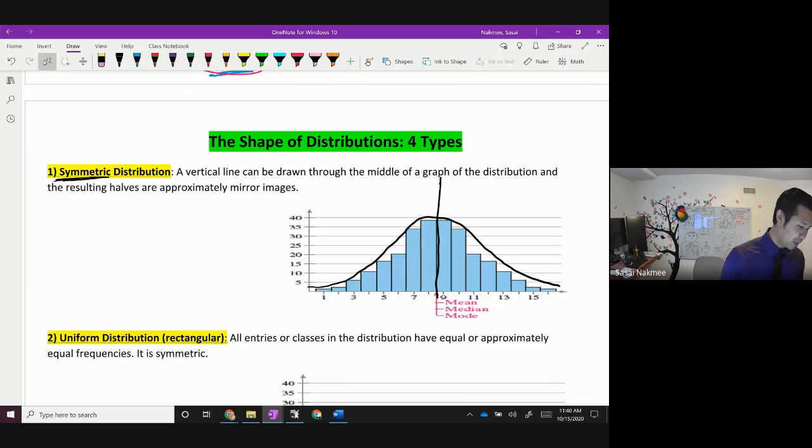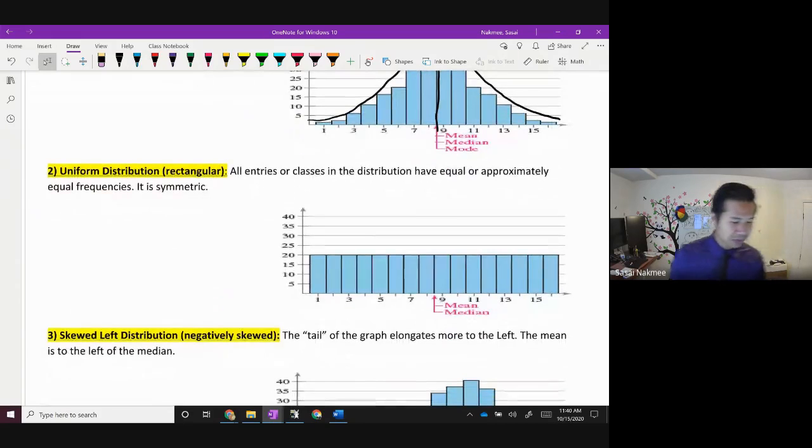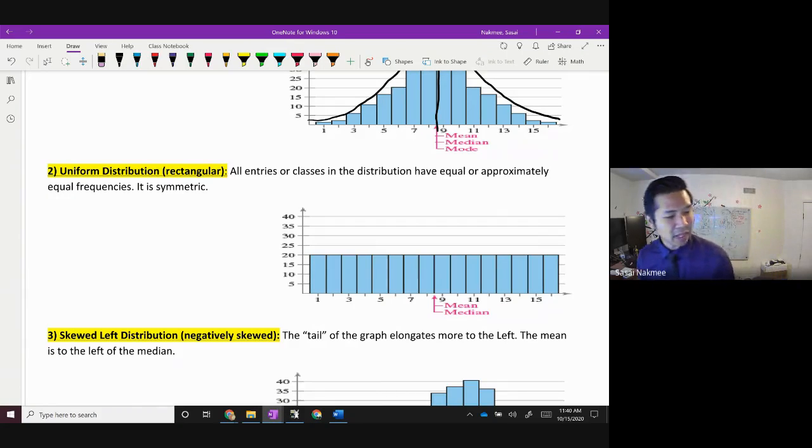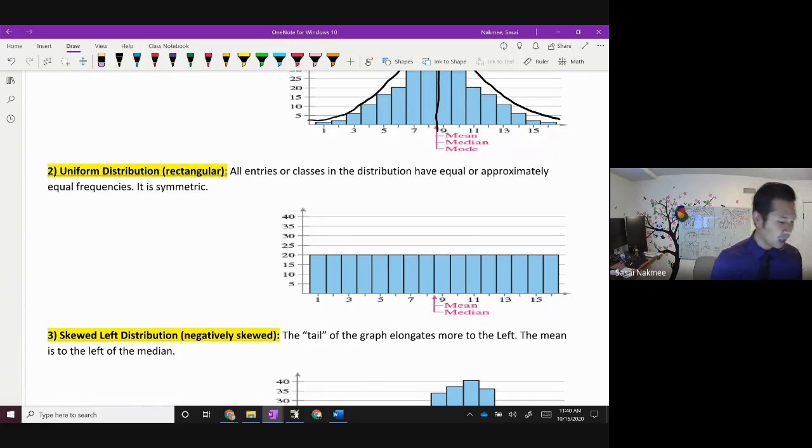The next one is going to be a uniform distribution. In a uniform distribution, just like a bar graph or a dot plot, they have the same number of entries for all of their data, right? All entries or classes in the distribution have an equal or approximately equal frequency, meaning that if I was giving every person the same amount of, let's say,